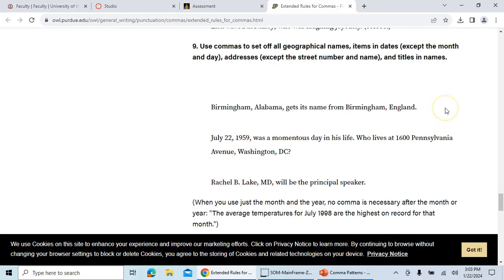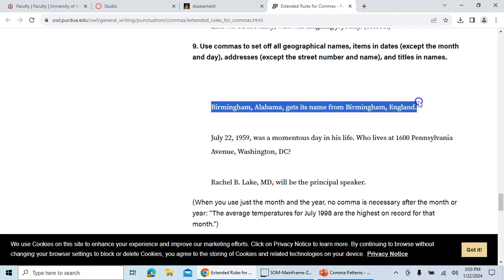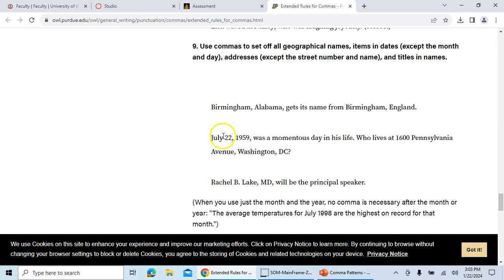Okay. Use commas to separate geographical names, items, and dates. In geography, you're going to use it to differentiate between the different parts of an area. So, Birmingham is a city in Alabama, which is a state. So we have commas between those two to show the difference. And if we kept going, we would say Birmingham, Alabama, USA, North America. We don't do all that stuff, though. Separating numbers in a date: July 22nd, 1959,